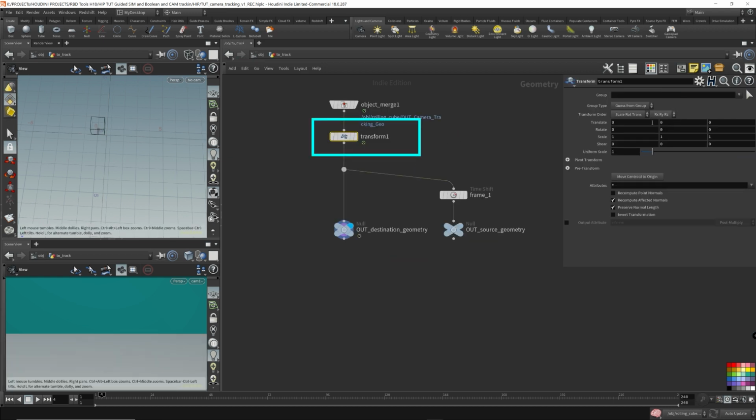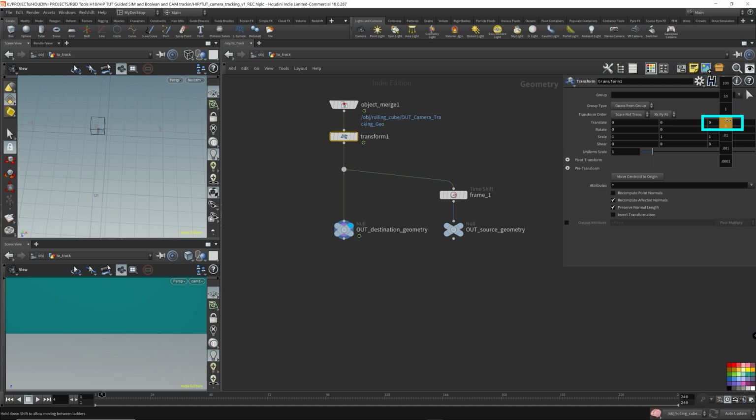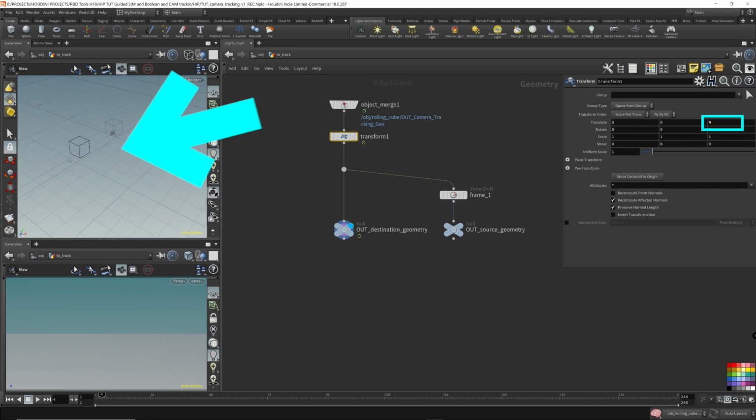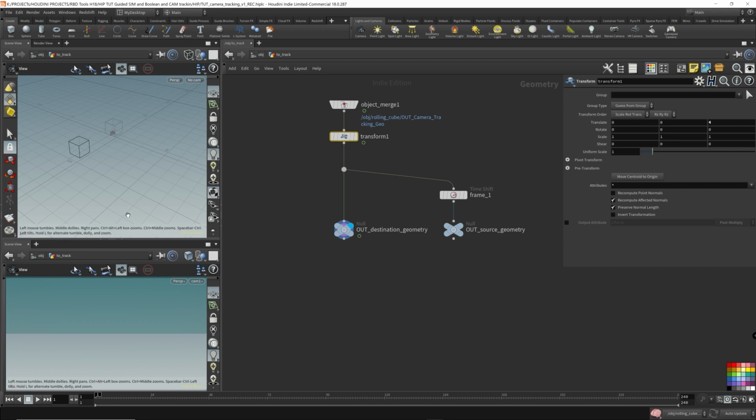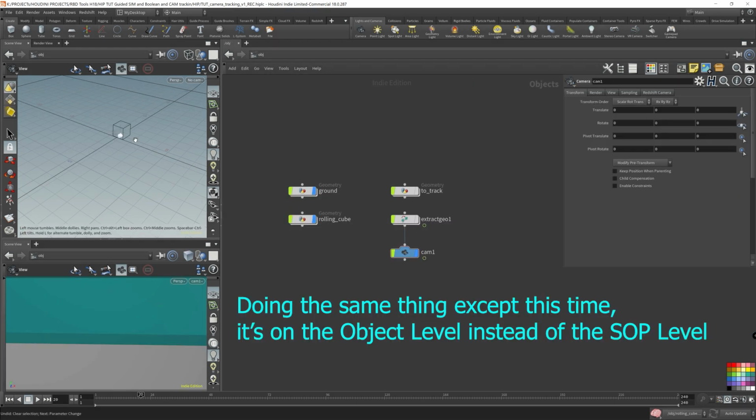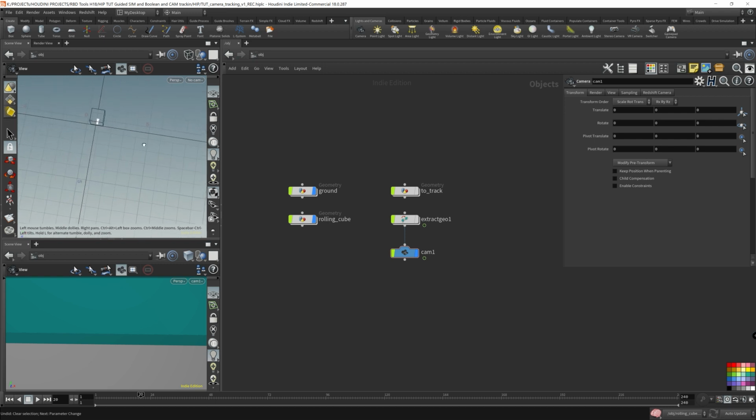So I'm going to move this back. This back here. See that, this is a different way of adjusting the camera on the object level while maintaining the parenting with the extract transform node. Now, in order to move the camera back, I'm going to come to the camera here,